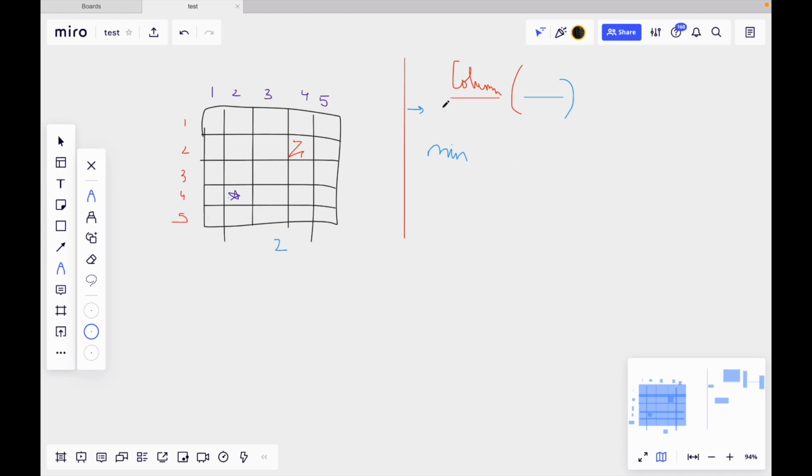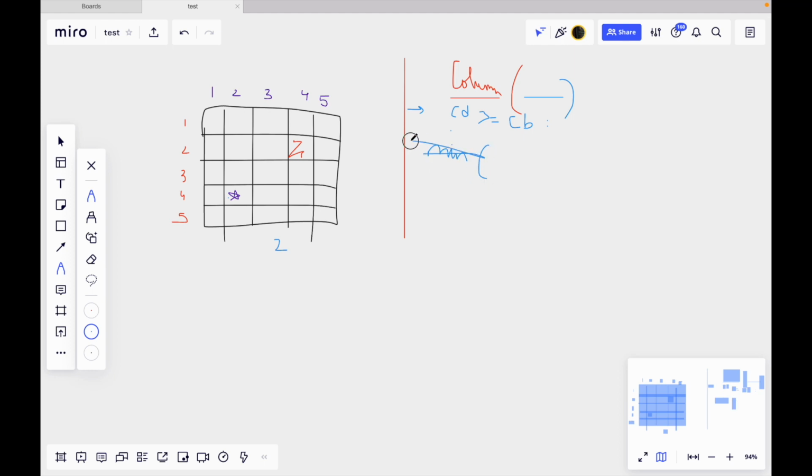Okay, fine. So what I did is, if the column of the destination is greater than or equal to the column number of the robot, right? If it is greater than or equal to the column number of the robot, then the answer will be minimum.